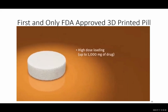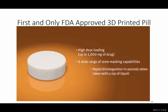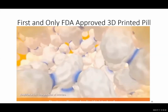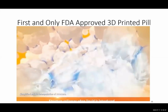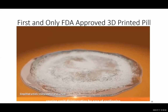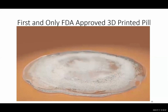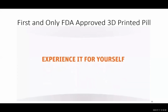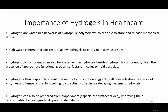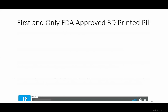Zip dose technology enables high dose loading of up to 1,000 milligrams, a wide range of taste masking capabilities, and rapid disintegration in seconds with a sip of liquid. Let's take a closer look. When liquid is added or sipped, the bonds break apart, allowing thorough disintegration for ease of swallowing. Experience a zip dose demonstrator for yourself. Call Aprecia Pharmaceuticals to...